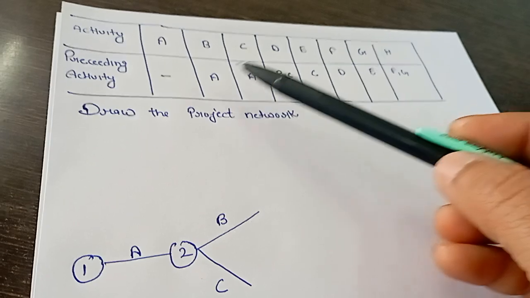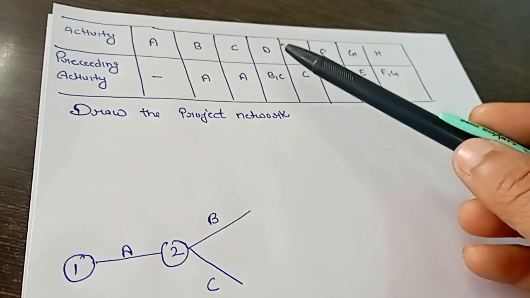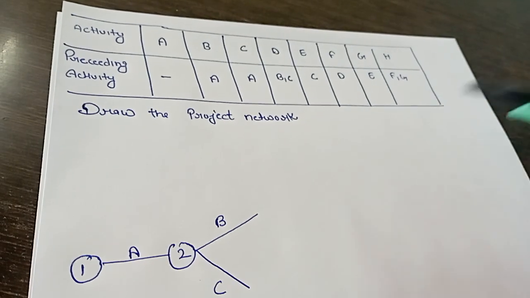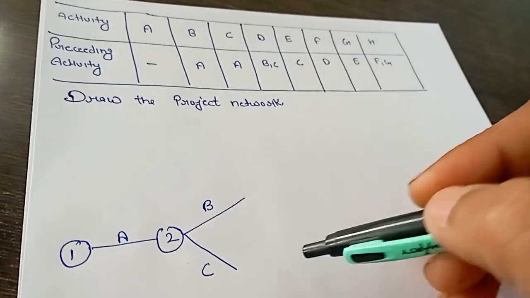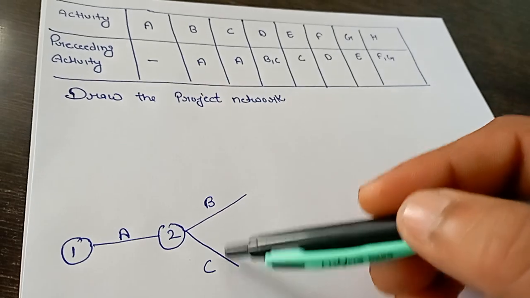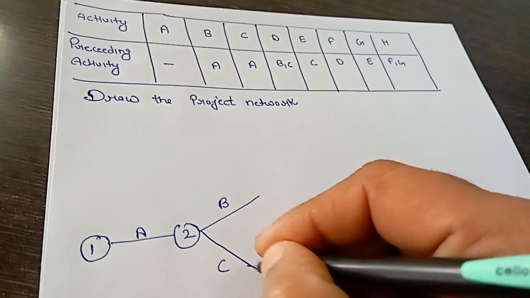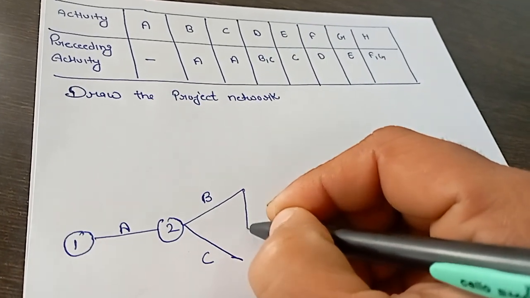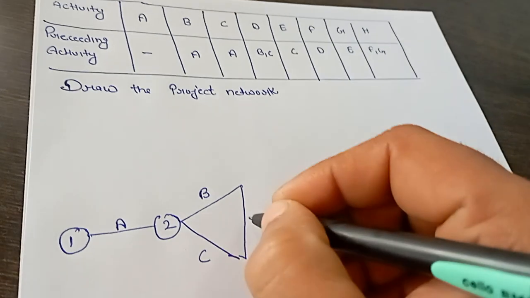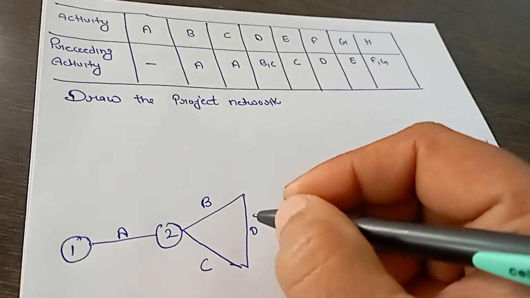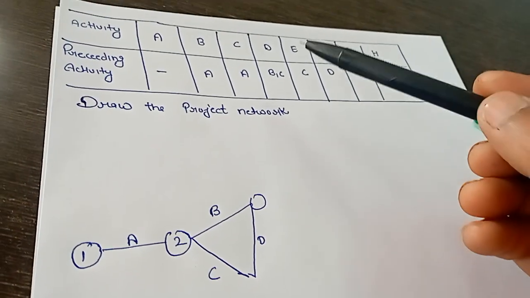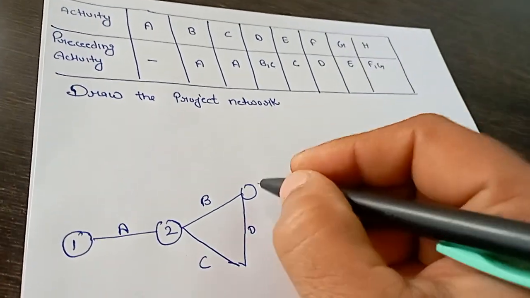This is B point and this is C point, because B and C both are created by A. Now the next activity D is created by B and C, meaning our activity D comes from the combination of B and C, but B and C both are coming from A. That's why here we add a dummy row. The cost of this dummy row is equal to 0, and after that B and C create the D.